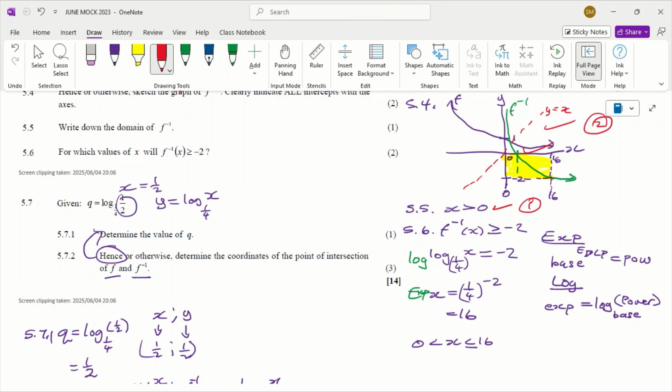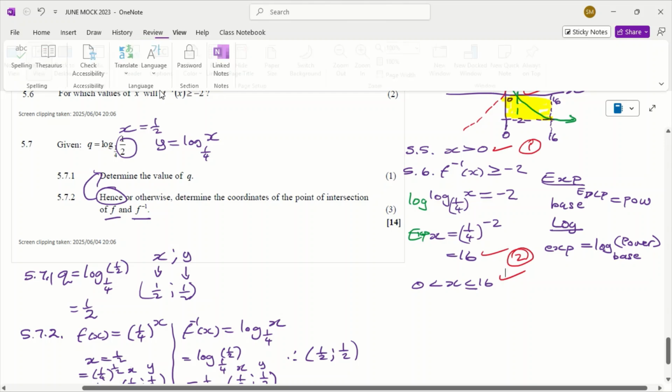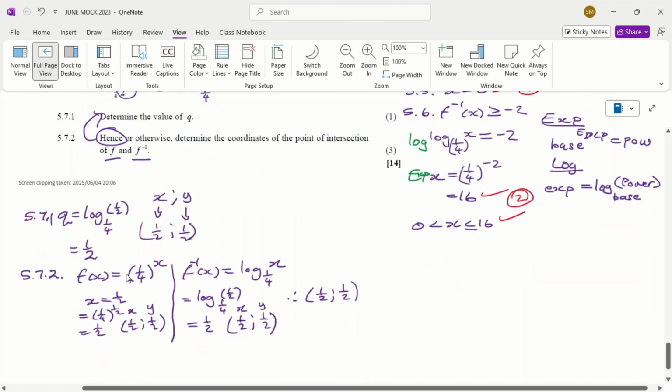Then the next question, or the final question, is question 5.7, which is 7.1. We need to find the value of q. So you get 1 mark for just pressing the calculator and finding q. And then the next question is question 5.7.2, where now you needed to state that the point of intersection is actually 1 over 2, 1 over 2. So you get a mark